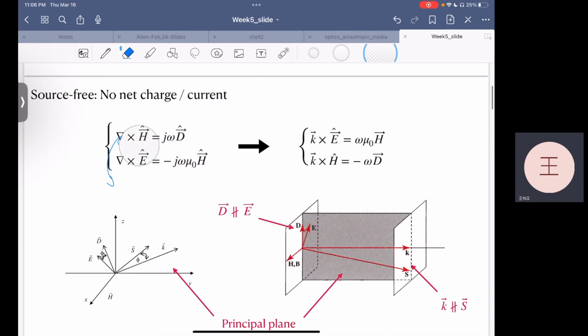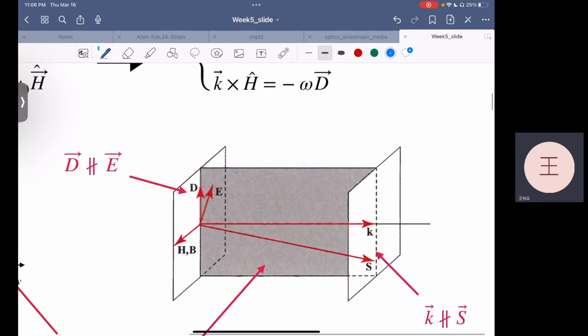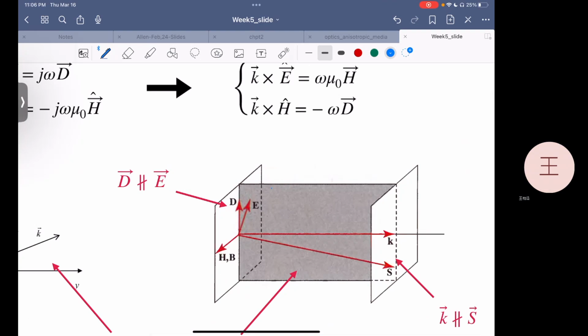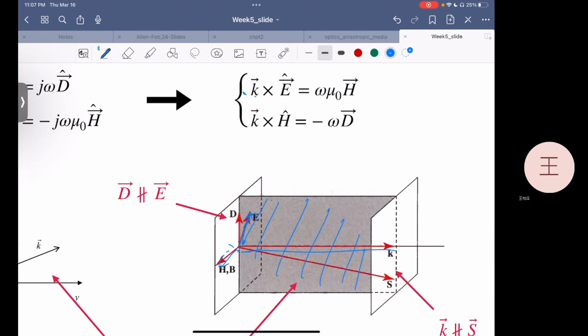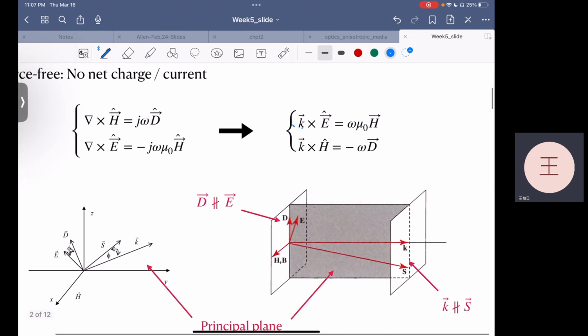In this relationship, it's kind of easy to show that the electric displacement D, and the electric field, cross k cross E equals to the H. Note that the K and E both are on the same plane. And because we are talking about an isotropic medium,